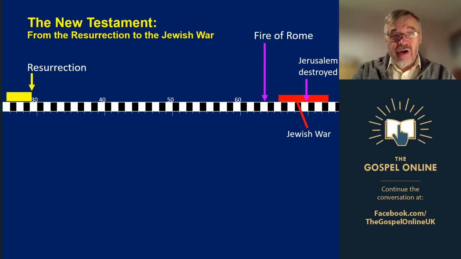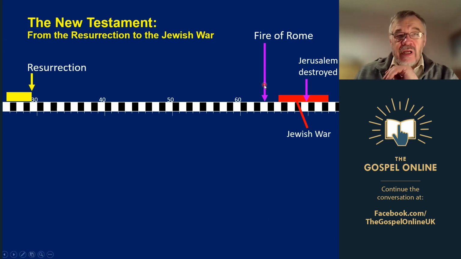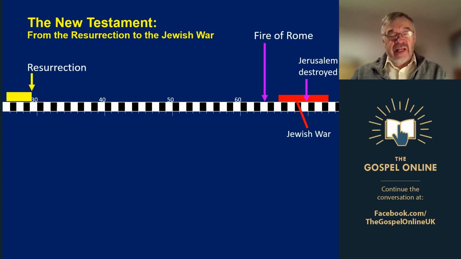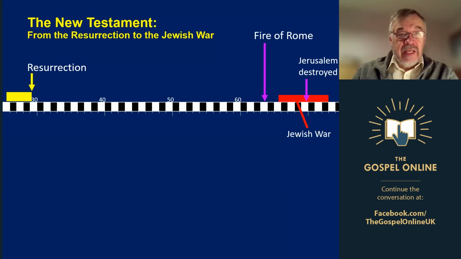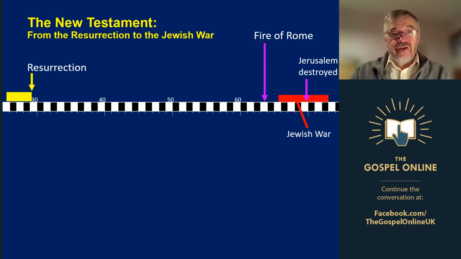And we've got another big event which marks the end of the New Testament period, and that's the fire of Rome in the reign of Nero. This made a massive change because before the fire of Rome, Christianity was considered eccentric but tolerated. After the fire of Rome, or fairly soon after that, Nero declared it was an illegal religion, and persecutions began, and Rome and Christianity didn't get on at all. There was massive persecution of Christians right up until the 4th century. So sometimes only a little bit, sometimes a big purge of Christians.